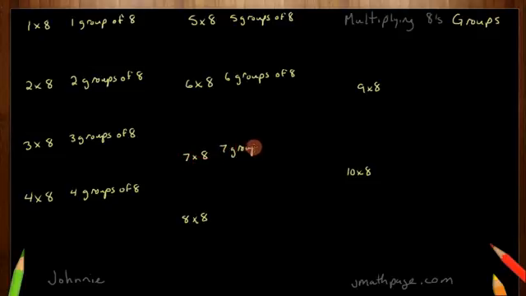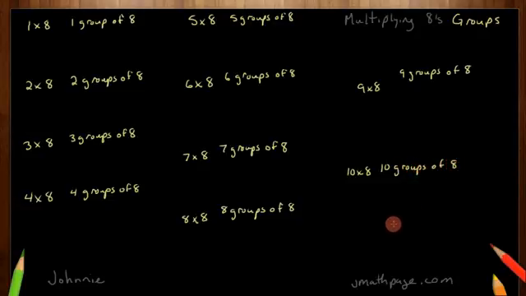8 times 8, 8 groups of 8. 9 times 8, 9 groups of 8. And 10 times 8, 10 groups of 8. Okay, so I understand groups a little bit better now, but I'm still not quite sure